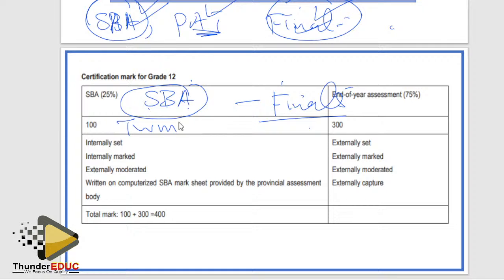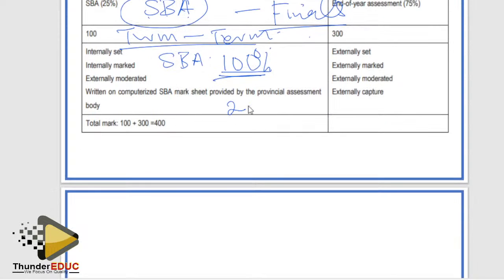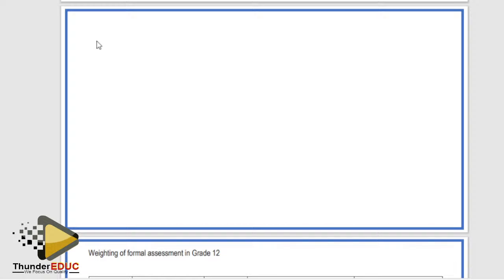Ne? Yes. All right. So now you have term 1 to term 3. All this, we call it SBA. All of it until you end your prelim. So we call it SBA, school-based assessment. So the mark you have got, we convert it to 100%. We don't stop there. We convert this 100%, yes, to 25%. Let me show you. Term 1 to term 3, we convert it to 100%.